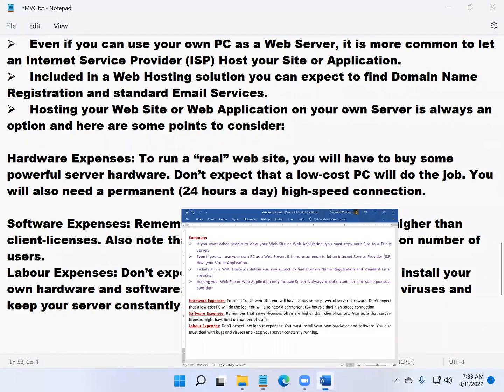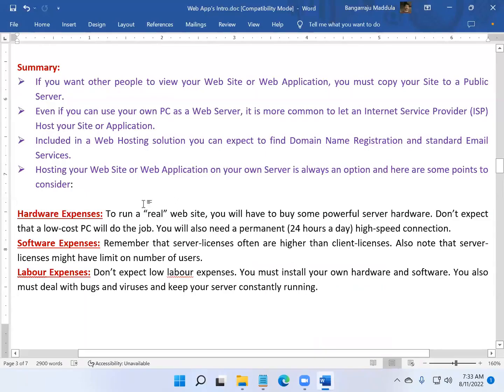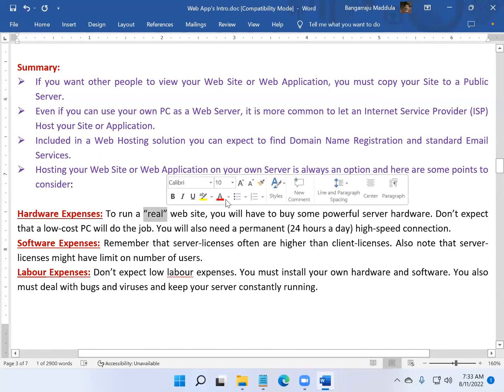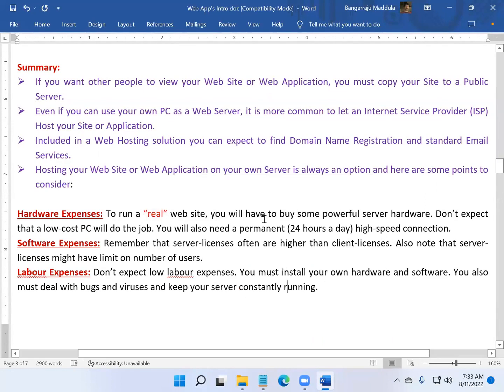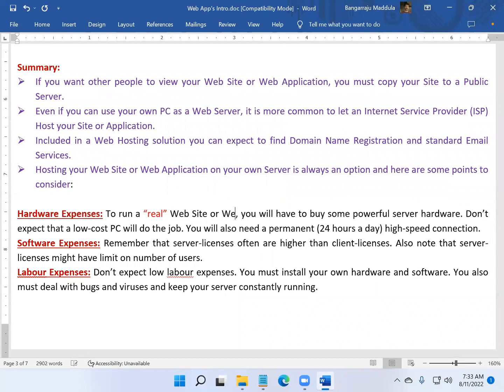If at all you want to run a real website on your own, don't expect a low-cost PC to do the job for you. A low-cost PC cannot do this for you at all. The reason is, see, speed is going to be very important.